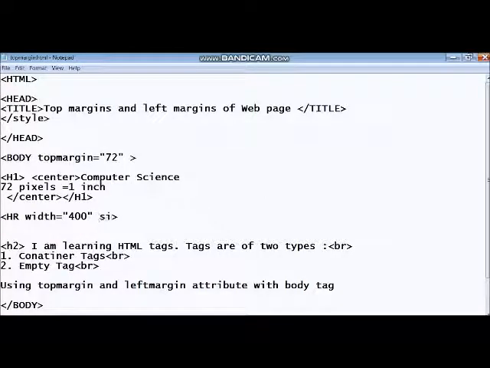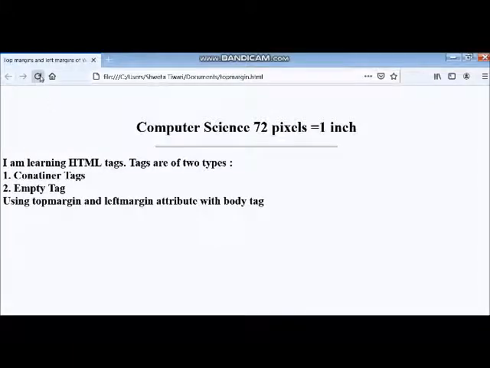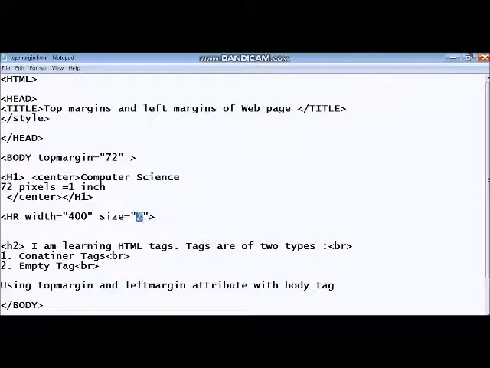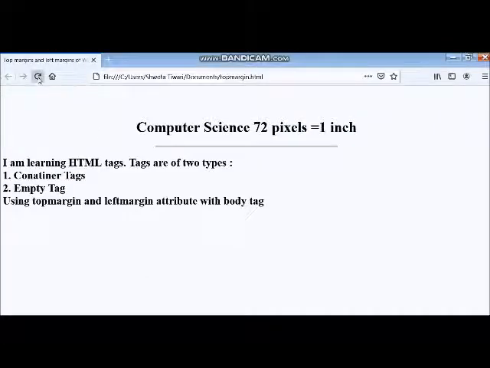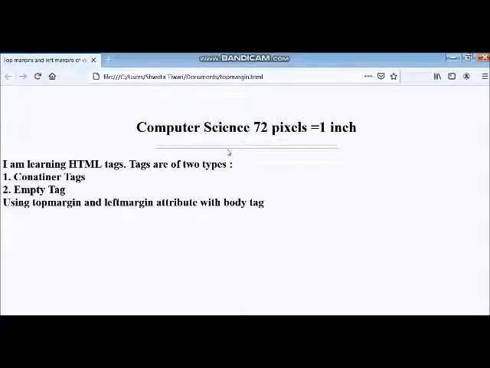Then let us try size is equal to 2. See, changes in the line. You can increase that to 5. Save. Okay, the line is of size 5.